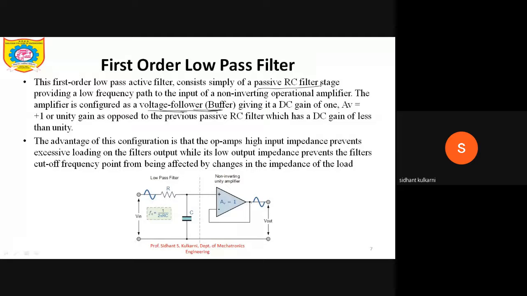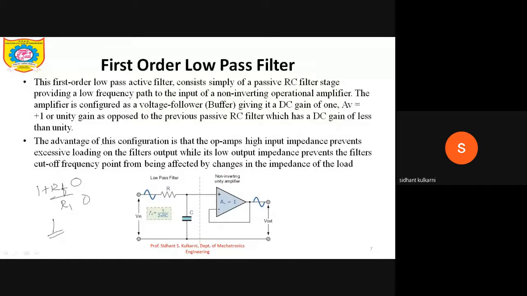It's called a buffer because the output is directly connected to the input. Voltage divider bias is absent in between, so it is called a voltage buffer or voltage follower circuit. Here gain is equal to 1. Why is gain equal to 1? For a non-inverting amplifier, we know that the gain is 1 plus RF upon R1, but RF and R1 are both 0 here. So gain is 1. Gain is 1 means whatever may be the output is provided at the inverting input terminal of the op amp.